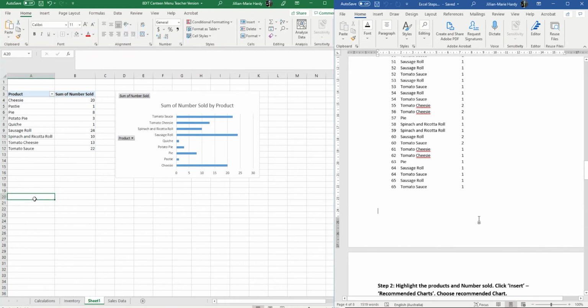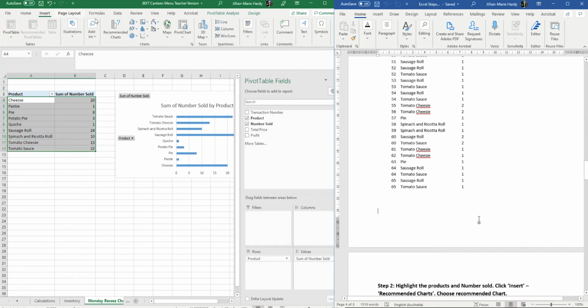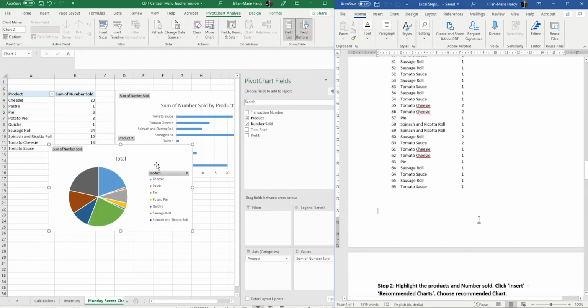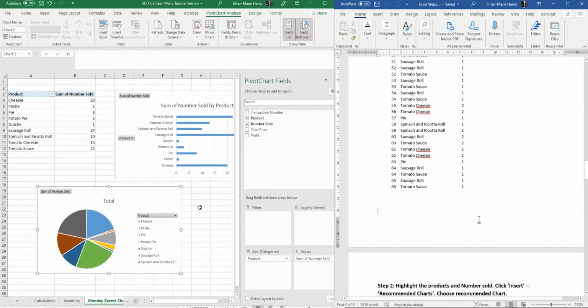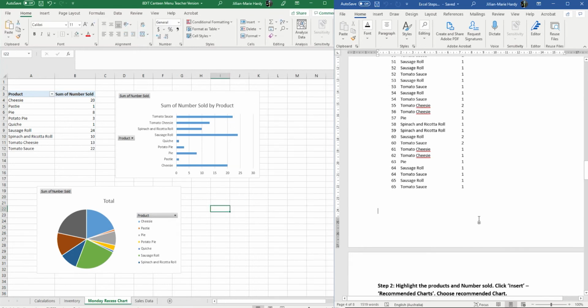Now we can make another recommended chart using the same technique, so just highlighting that table, and this one is a pie graph. Now I've actually changed the name of that sheet, so the tab at the bottom called Monday